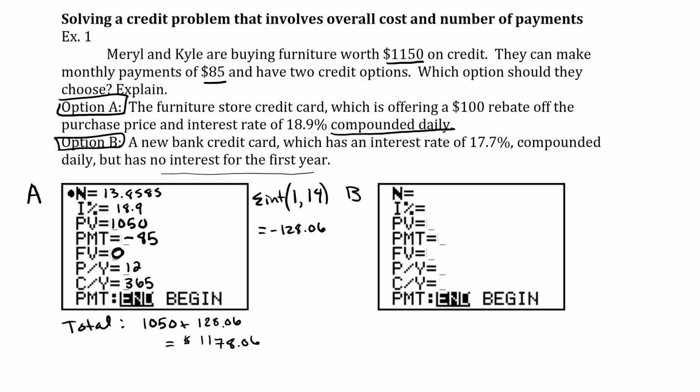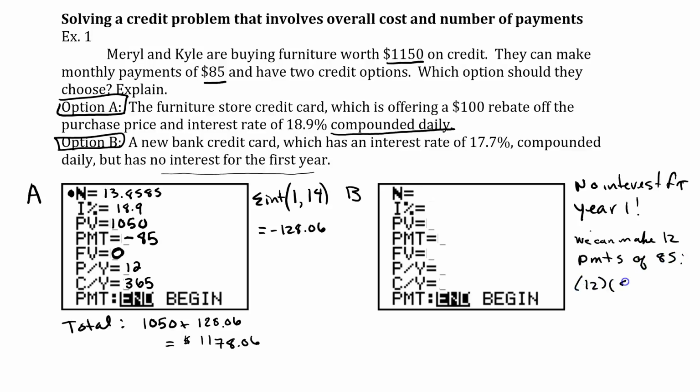So for option B, we have a new bank card which has an interest rate of 17.7% compounded daily, but has no interest for the first year. Woo! No interest for year 1. So we can make 12 payments of 85. So 12 times 85 is 1,020. So that means in the first year we can pay 1,020 and not get